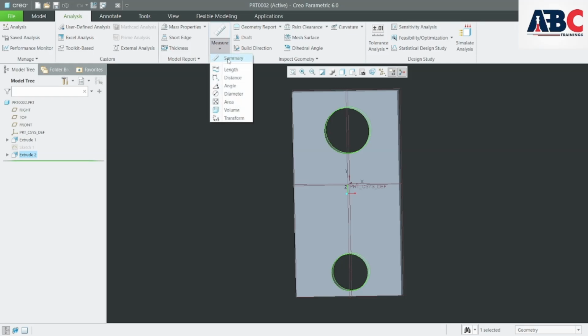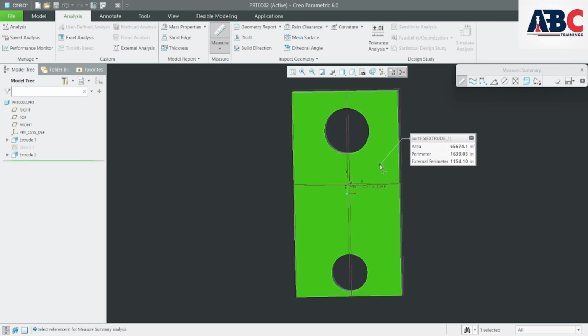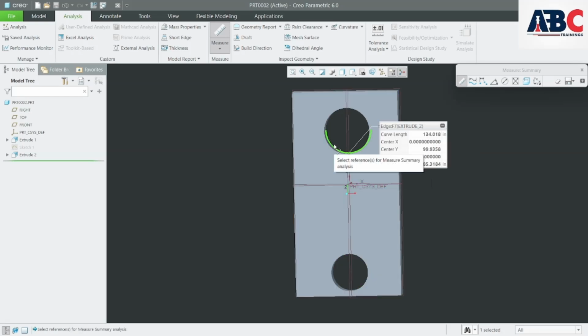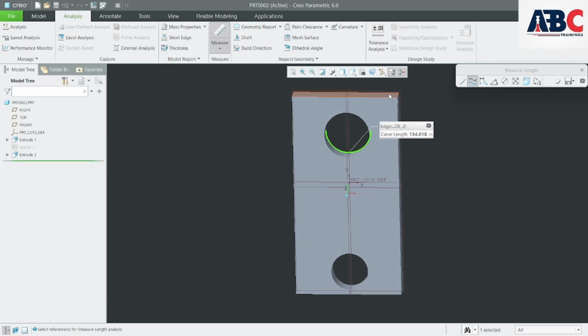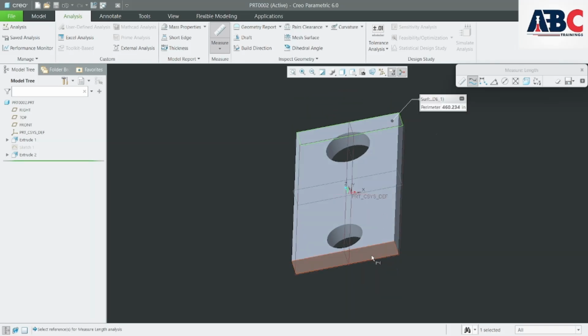In this measure, see summary, length, distance, angle, diameter, area, volume, transform, all of these aspects you can actually measure. This summary, click on this surface, see area is given, perimeter is given, external perimeter is given. Otherwise click on this circle, curve length and all those things. Here also the same thing is open here actually. Okay, it's a pop-up menu. Length, so for length now I have clicked length, so this surface to this surface,